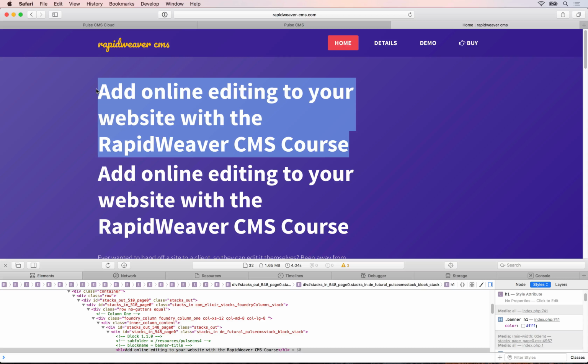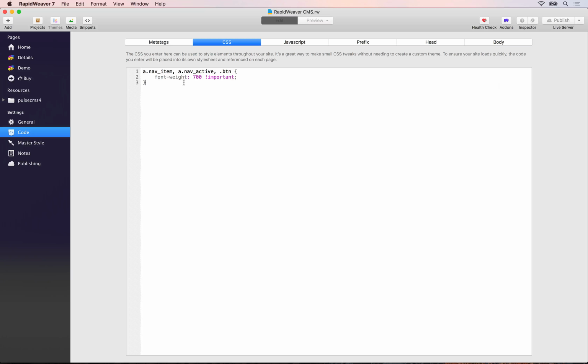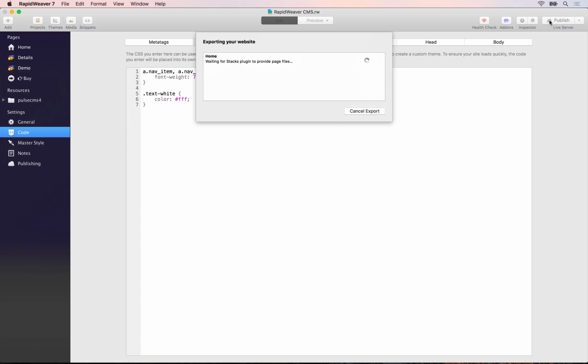Another way of doing it would be if we go back to RapidWeaver again. Now if you're going to want to style multiple blocks of CMS content white, what we could do is add that code to the global code area here. So we could create a custom text white class and set the styles for that class to say the color should always be white, like so. Then if we publish that change up to the live server,